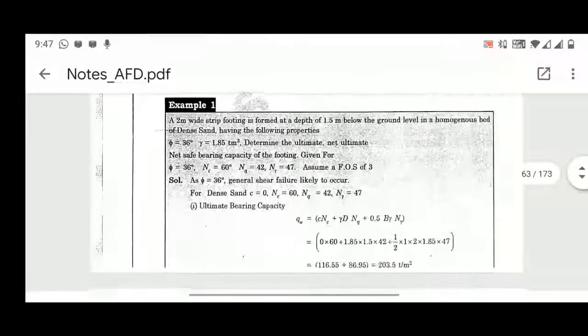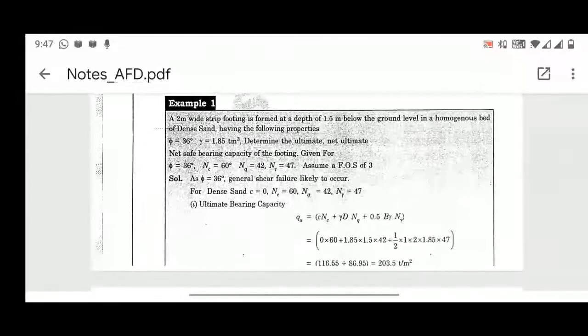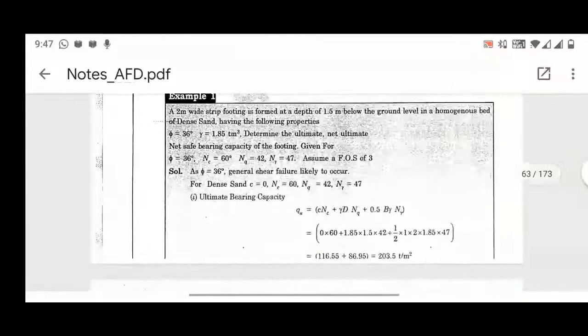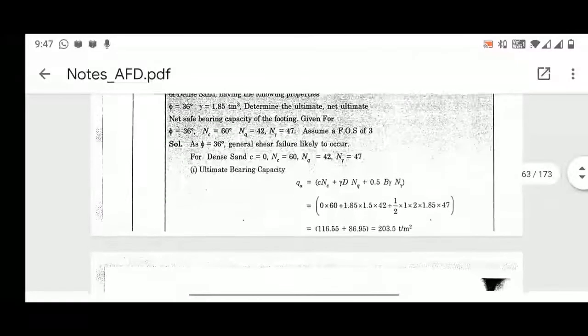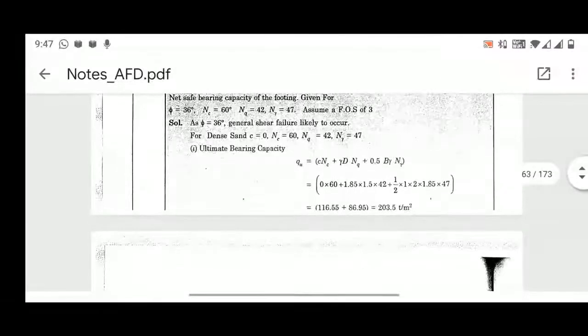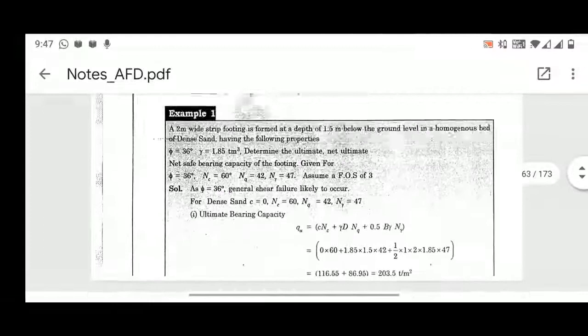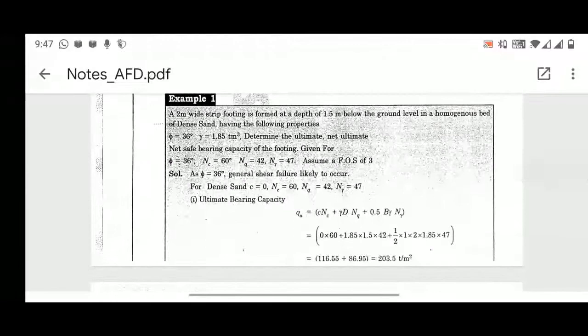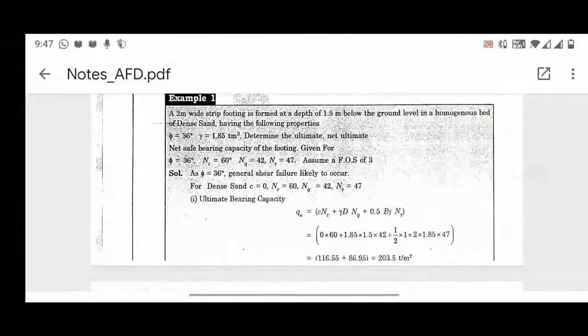This example problem one, I can assure you that if a problem from Terzaghi bearing capacity comes in the GATE paper, you will find that this question, example problem one, will be there in your GATE. Values may be different, but the concept will be the same. When we are calculating the ultimate bearing capacity, we must know the formula of Terzaghi bearing capacity. If they are saying that it is a strip footing, then you can use this formula directly. But if it is a square footing, you have to use those modified terms for the cohesion and gamma terms.